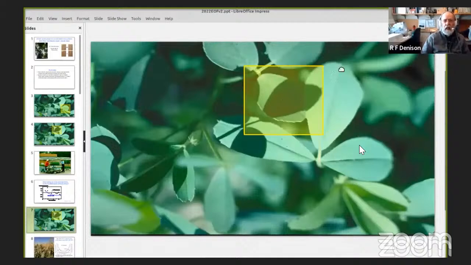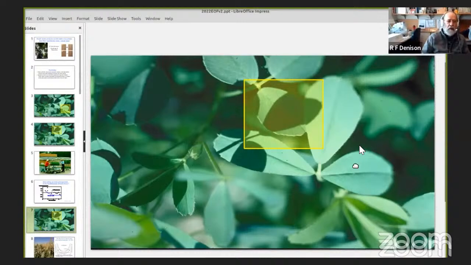Why do they do that? Well, the plant that's making this shadow is not this plant. It's another plant, a neighbor, and they're competing with each other for light and for water and for soil nutrients and everything. So shading your neighbor is actually something, unfortunately,